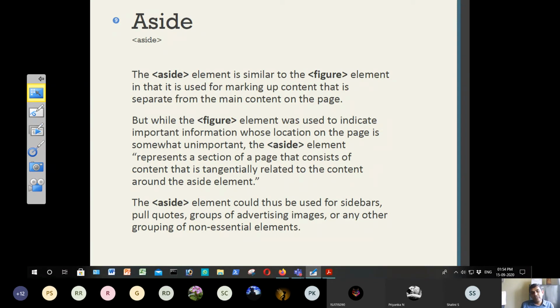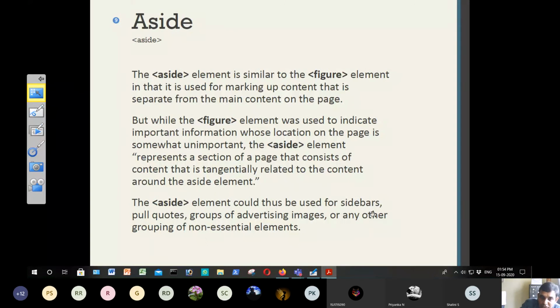So how can a search engine web crawler come to know which is advertisement and which is the original document content? By seeing the aside. That means the meaning to the document is given by the semantic elements of HTML5. So far, whatever we studied is actually what? Semantic elements of HTML5. See here, so many elements.